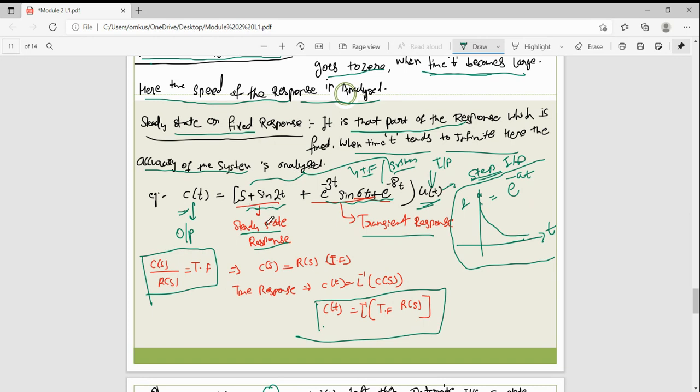Now the transfer function or system is divided into two parts. One is the steady state response, another is the transient response, right? In the transient response, an exponential term is given. The exponential term with a time decaying factor means that after some time instant, this response goes to zero. For example, here e to the power of minus at is your function.